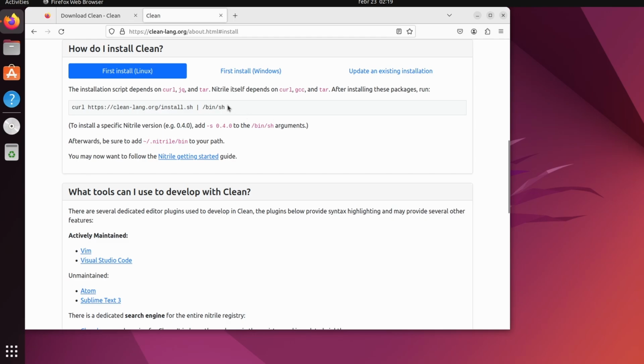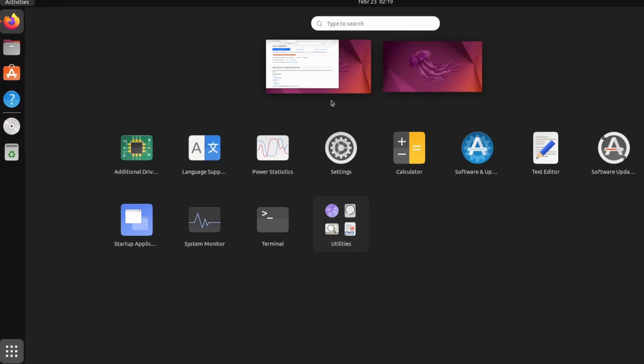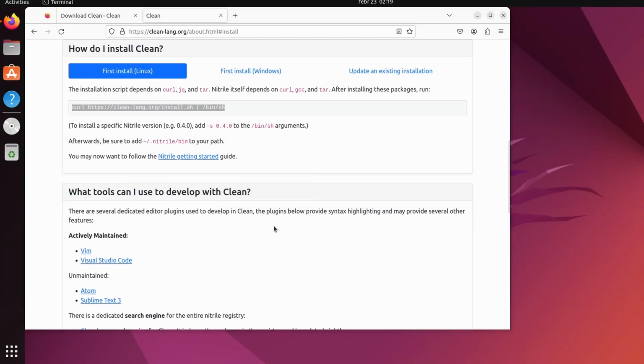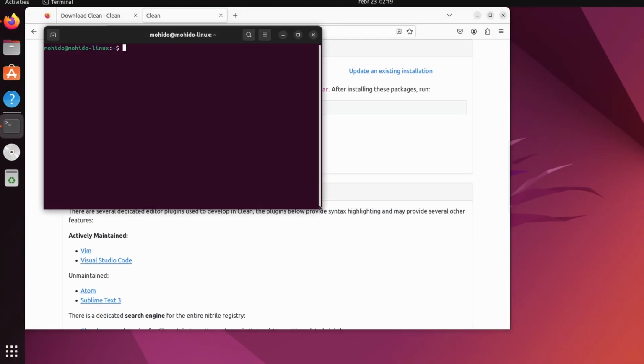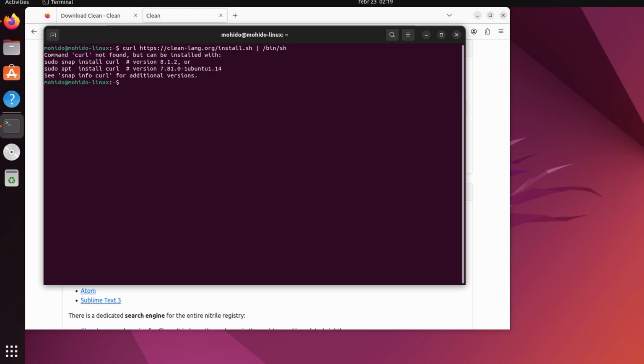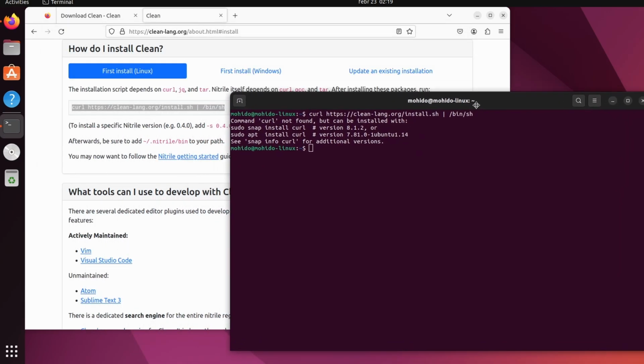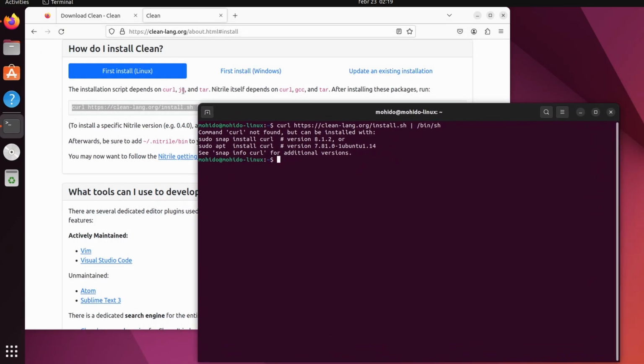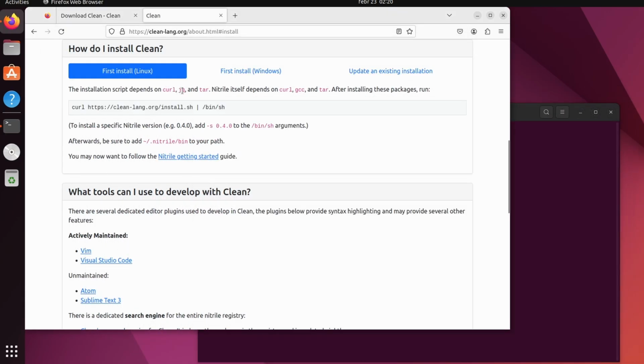Now to install the package manager, we just need to put the following command to the terminal. Let's copy it, then click on the terminal icon. Now let's paste the installation command. Well, it failed because for the command to work properly, it requires a tool called curl, and since this is